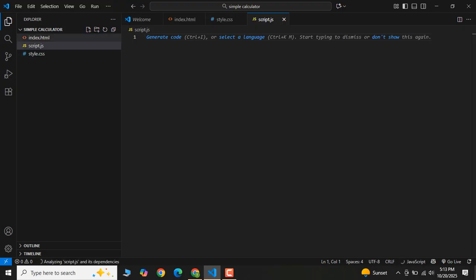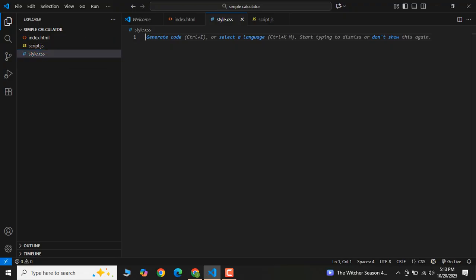So here are these files, index.html, in which we will write or paste our HTML code, as well as here is style.css. In this file we will write our styling code, and in this script.js file we will write JavaScript scripts or coding. So our first phase, I think we have finished. Now let's move to our next phase, which is